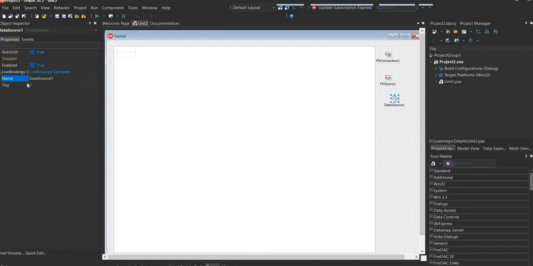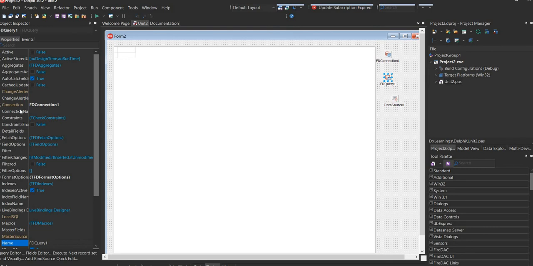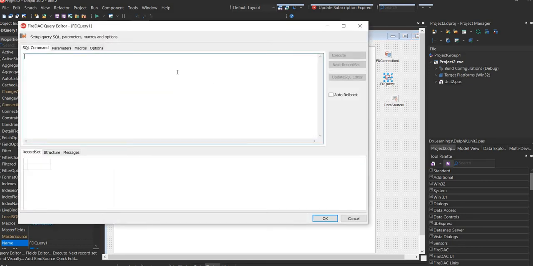The data source's DataSet would be FDQuery, and the FDQuery's DataSource property would be DataSource. Now we have the Connection property set to FDConnection for this FDQuery, and we will write a query for this FDQuery to get data from the database.